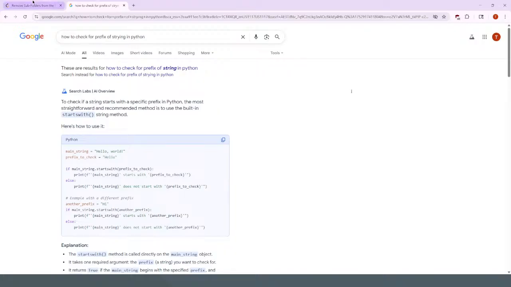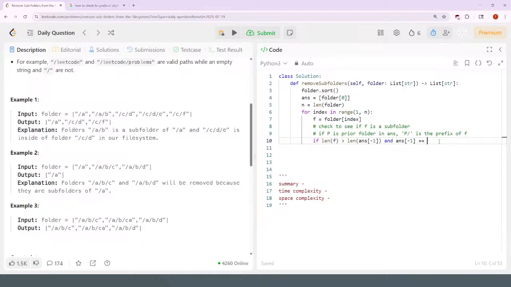Okay. So f dot startswith the last answer as the prefix, and actually, yeah, and